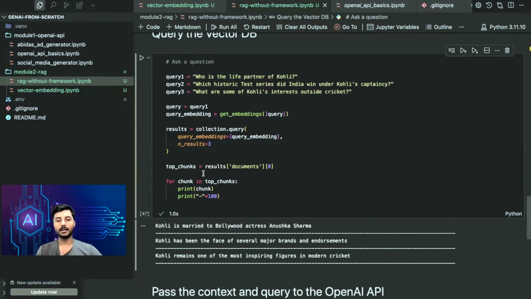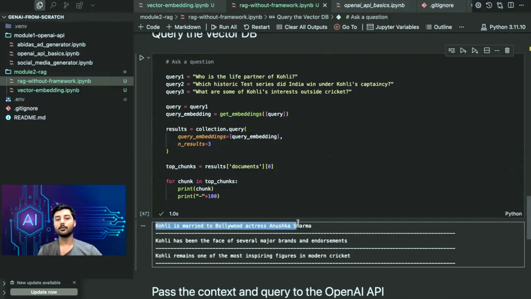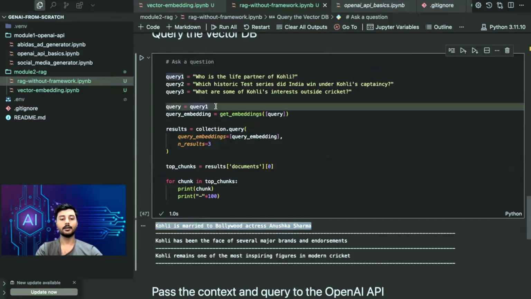This is not using AI anymore. It is just querying the DB to find out the relevant data. We are still able to find the relevant answer, right? Similarly, if I run it on query 2,